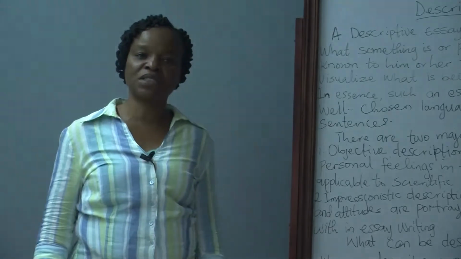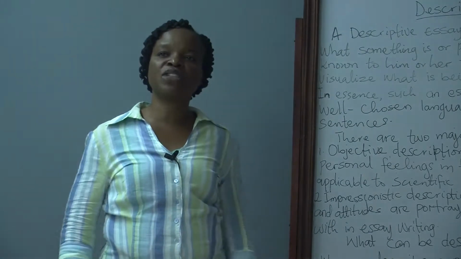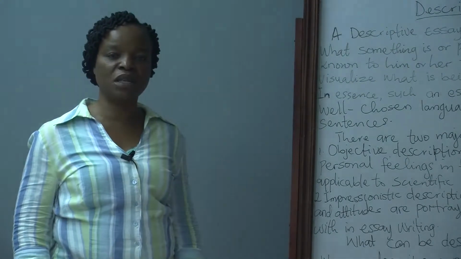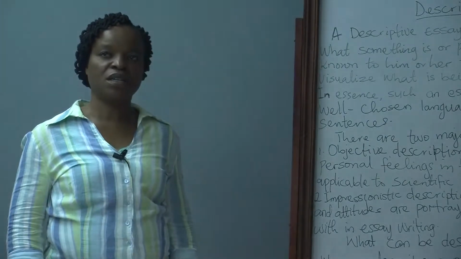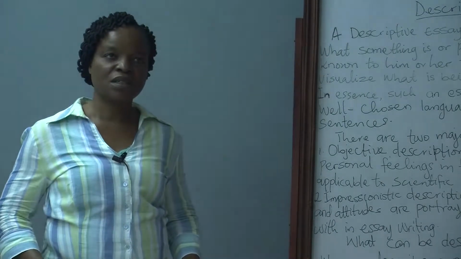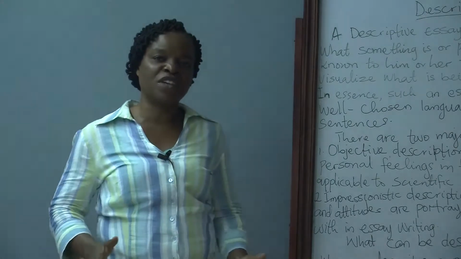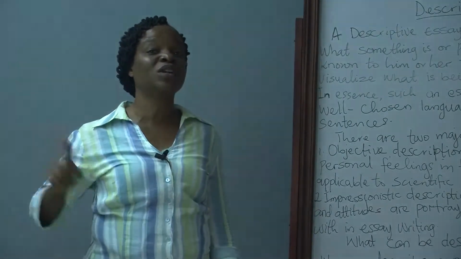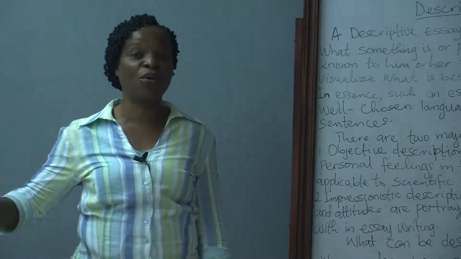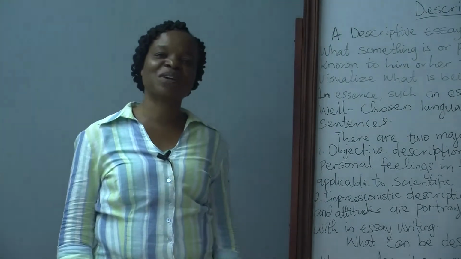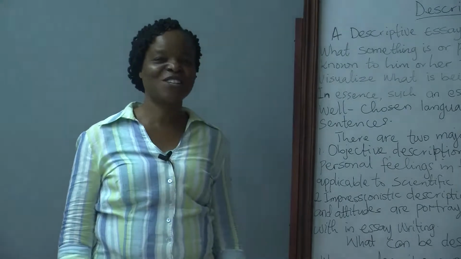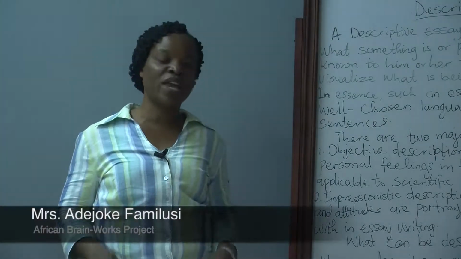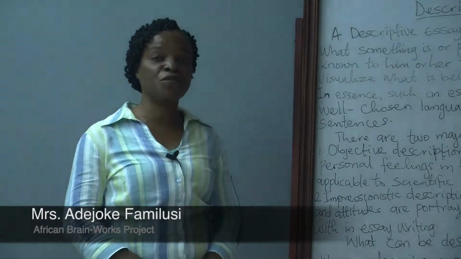If you want to describe a person, imagine you're given the question that says you should describe somebody. The person has an identity with whoever is giving you that question. Now you go ahead and describe that person, and it is not in line with what exactly the person looks like or who exactly the person is. Then it becomes a problem, and you don't really know this person, so you're not in the right position to describe this person. So that is one major way description is different from